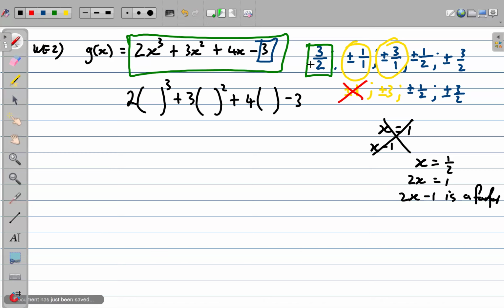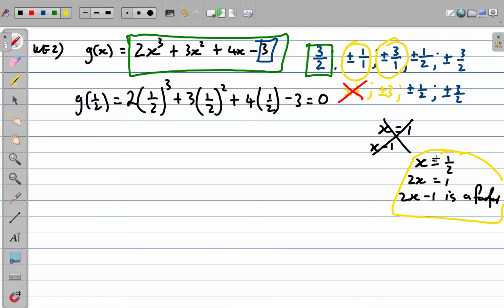Yes, Lube, negative 3 will not work as well. So we have established now that a positive half works out. So we are good. We know that g of a half, so when you substitute a positive half, you're going to get 0 as your remainder, which then means, please note this little process that I've written down here, that 2x minus 1 is a factor. Now, we know what that means, right? If 2x minus 1 is a factor,